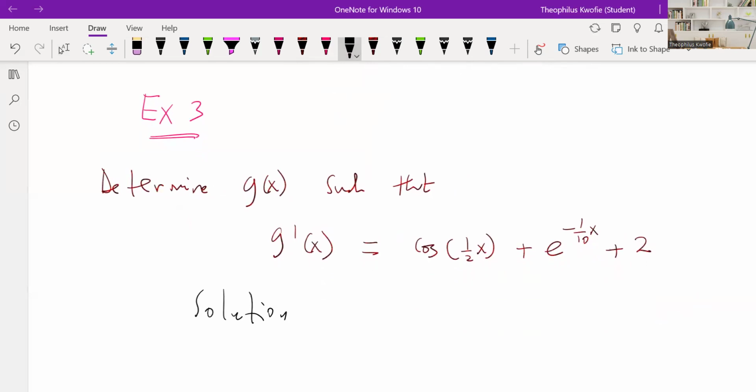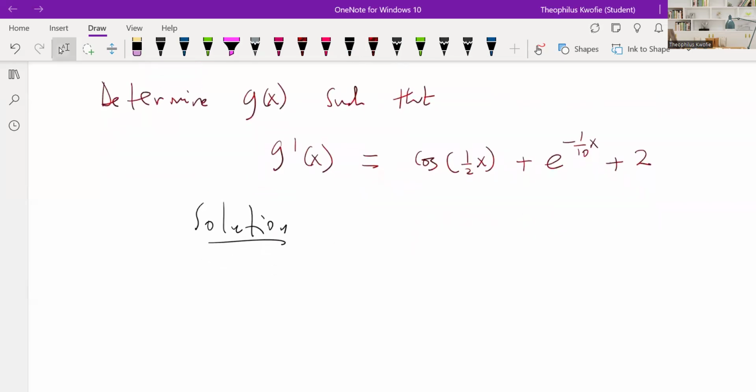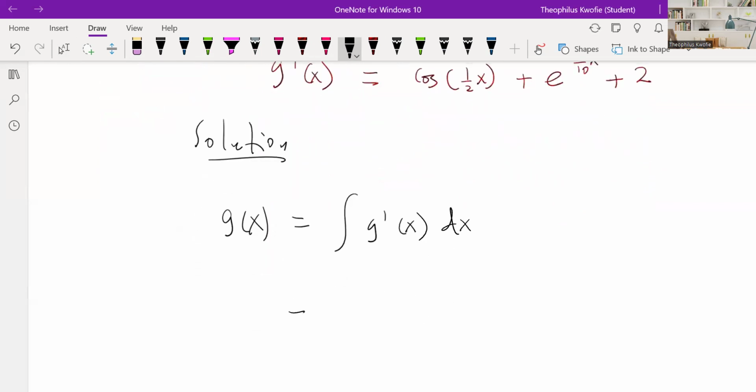If I were you, I would pause the video and try to do it on my own. Afterwards, I would compare my result to what we're going to get. As we mentioned, since we have the differentiation g prime of x, for us to get our original function back, we just have to integrate that. So to get our g of x back, we take the integral of g prime of x, which is the cosine of half x